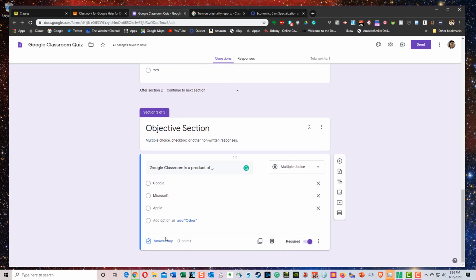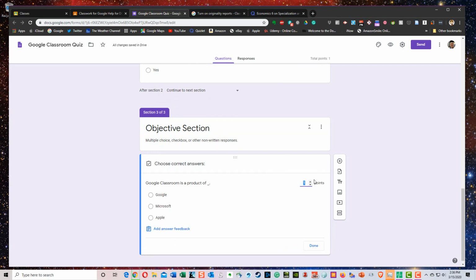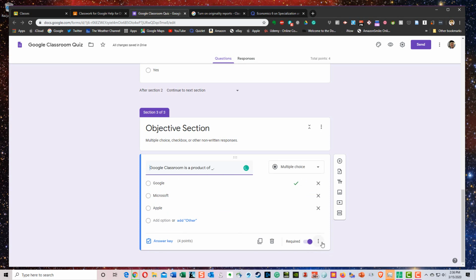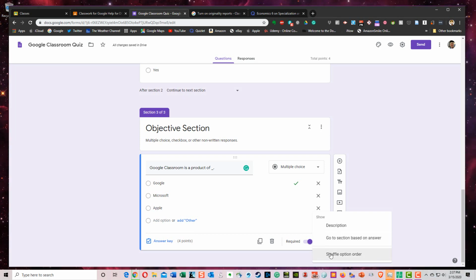And you can keep adding responses here, put in as many as you'd like. I can assign a point value, and I can put in the correct response here. If you don't mark a correct response, it will mark all students wrong on the question. Click done. I usually go here to the three dots, click here, tell it to shuffle option order,